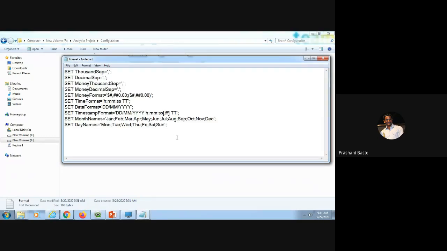Also, by default, if you load QlikView or Qlik Sense, some formats are used, but sometimes it is a requirement from the customer end or the project need. Let's take the example of date format. Here we have DDMMYY, but in places it can be DD-MM-YYYY.